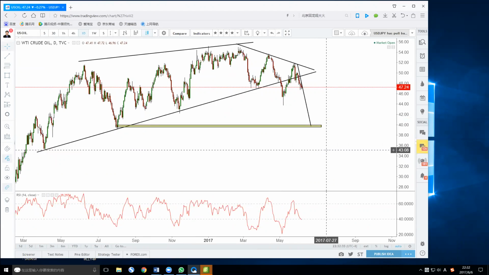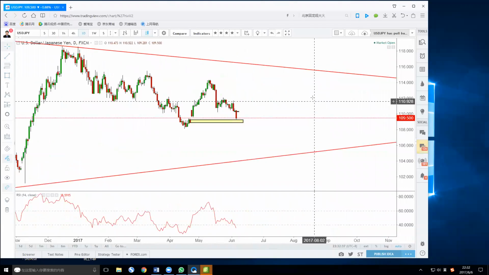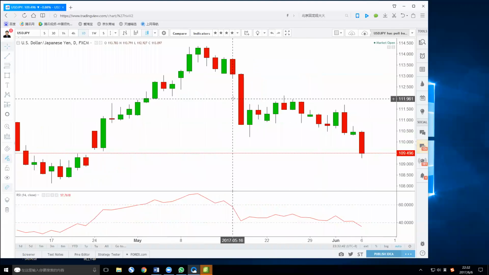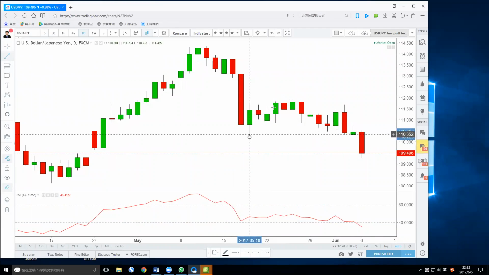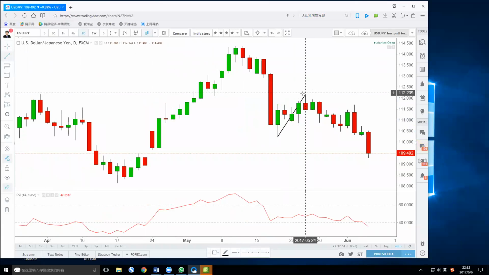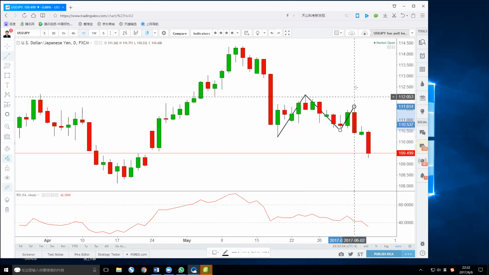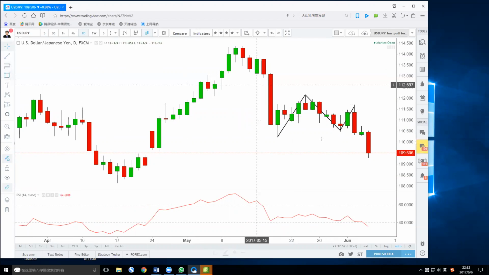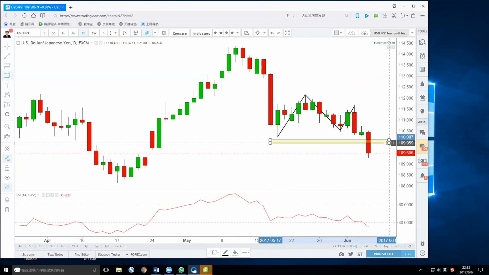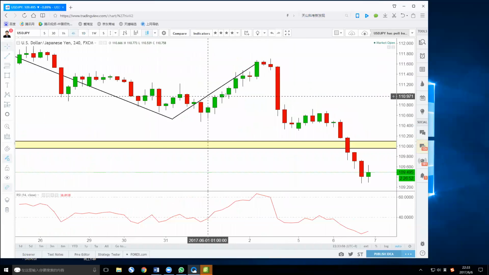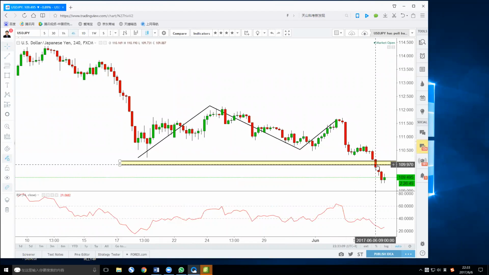All right, let's go to dollar yen. For the dollar yen, we did have a losing trade last week, but in the beginning we actually won almost 200 pips from 110.50 to 112.20. And the second time it came to 110.50, another 100 pips. We made two waves of long, and then the third time we bought, we were stopped out for about a 50 pip loss. But since it is a breakout, you have to exit the trade.